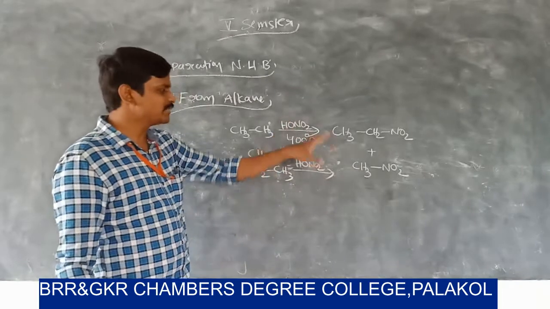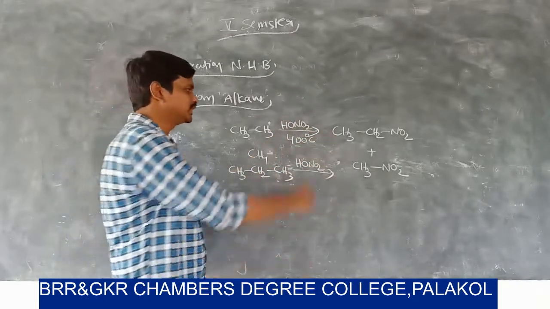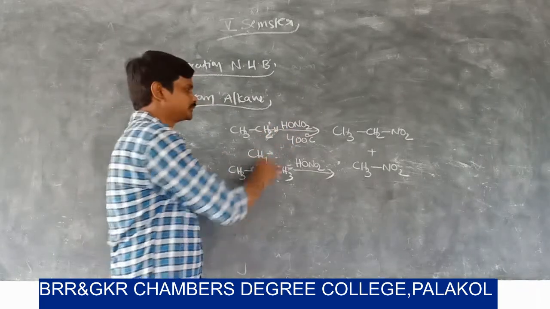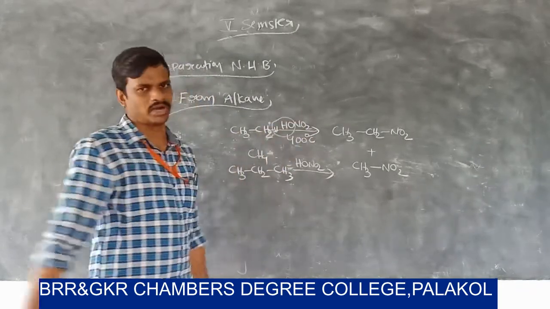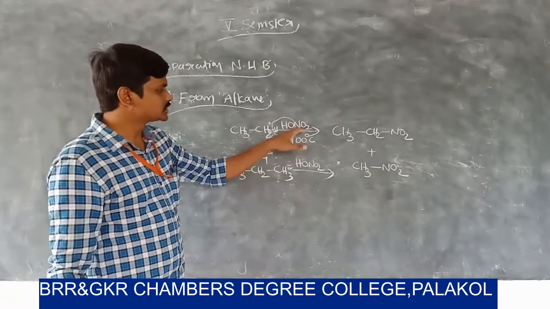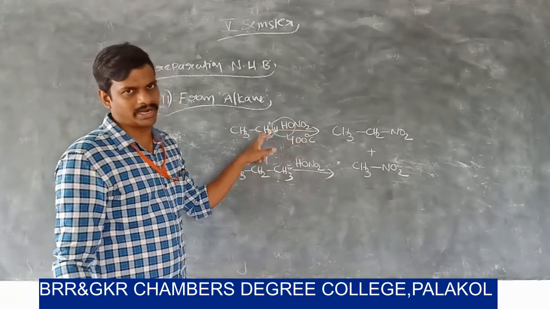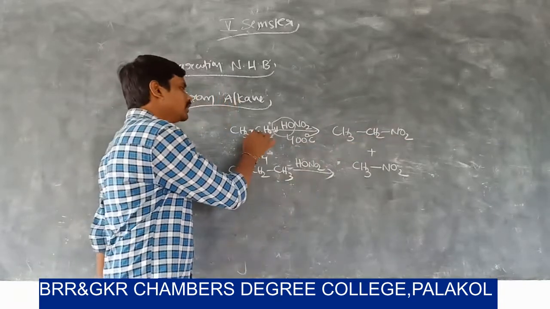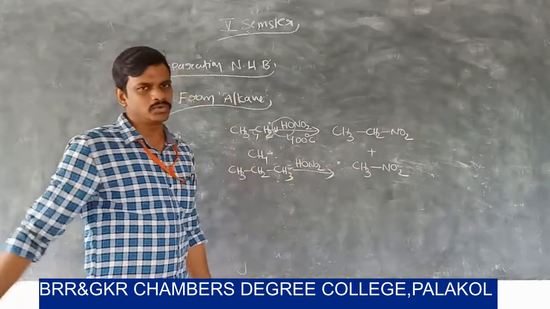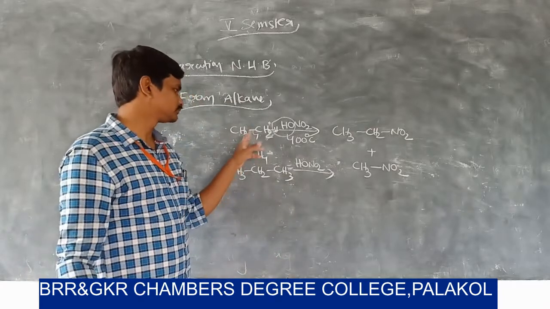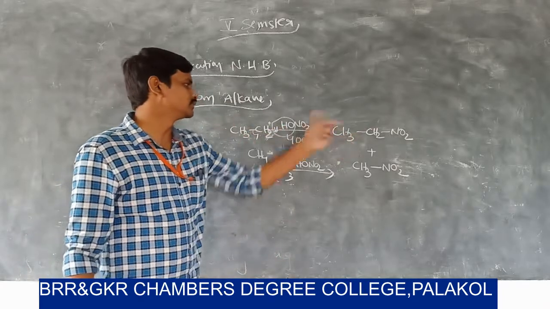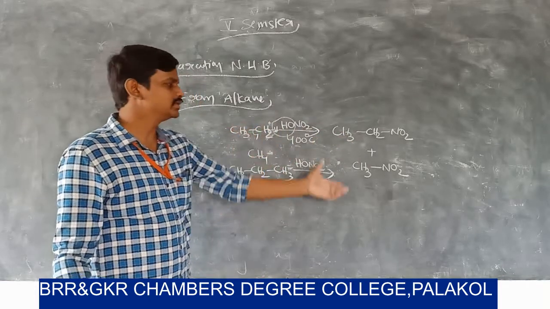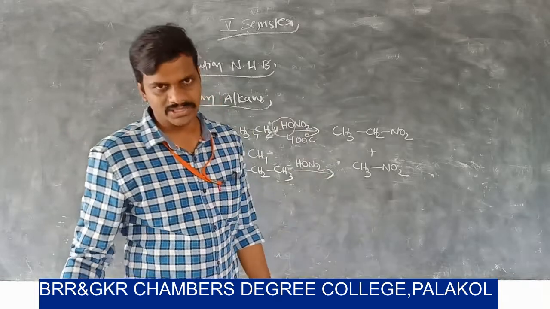Maybe this reaction follows a free radical mechanism. Here, for example, this CH3CH3 is written with a hydrogen, and maybe it loses one H as a radical. Now the nitrogen is attached to this carbon atom, so then we can get CH3CH2NO2. If the carbon-carbon bond migrates, then the NO2 group reacts with this carbon atom. Maybe this is the reaction mechanism that is followed.